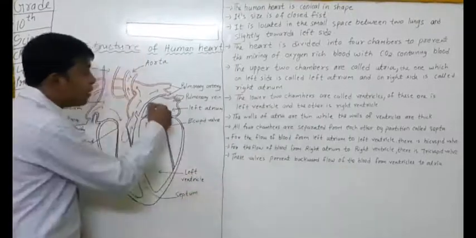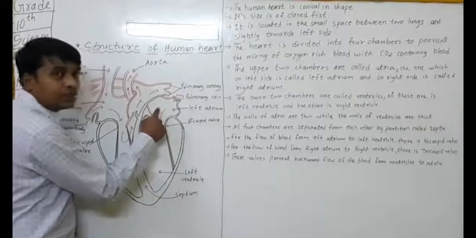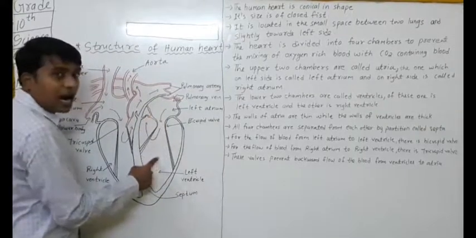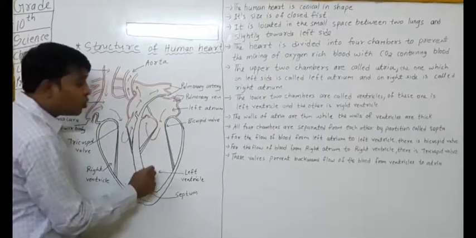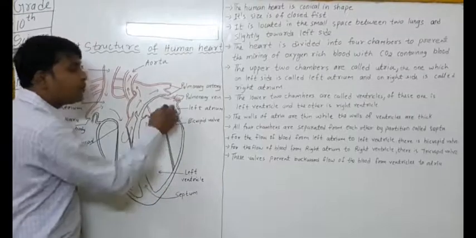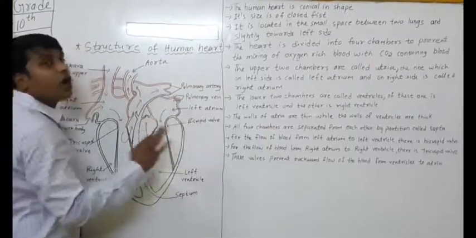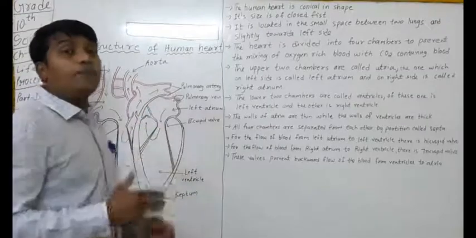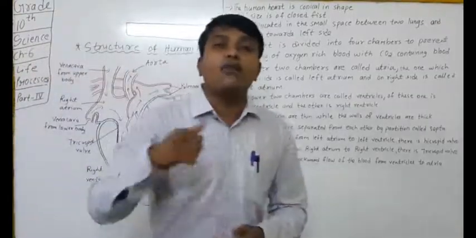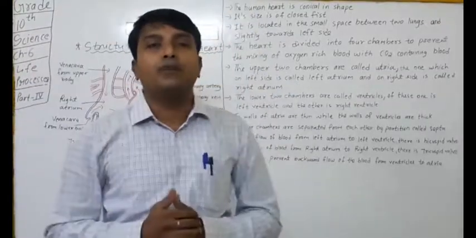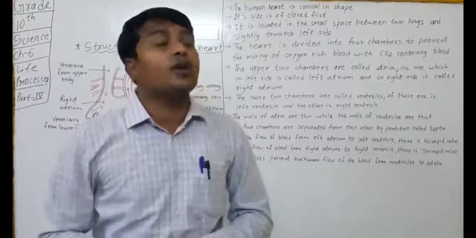That means once the blood goes from this region to this part of the heart, to stop its flow from coming back, यानी उसे वापस पीछे आने से रोकने का काम valve का होता है. So valve stops the backflow of blood from ventricle to the atrium. Okay, so this is the structure of your human heart.